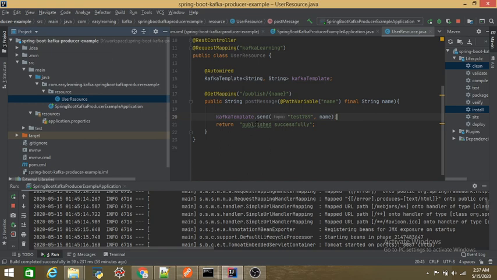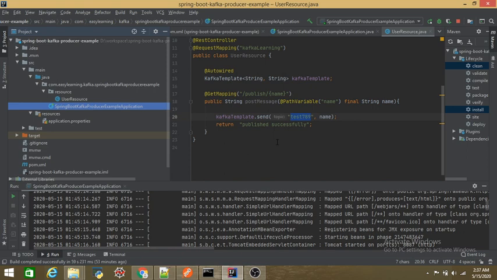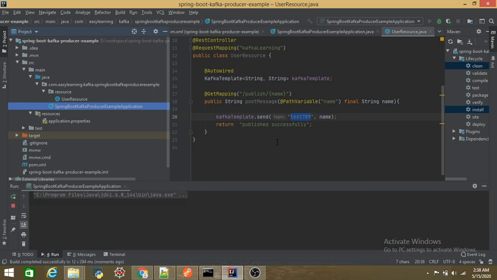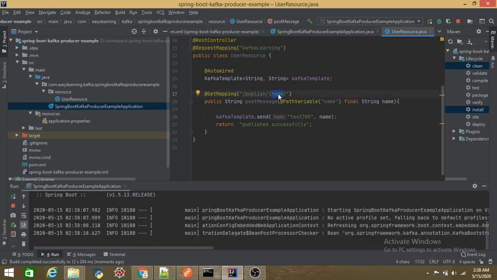So we are all set to run this application and see whether my name has been published to this topic or not. So let's start the server. And our mapping will be kafka learning / publish / name.